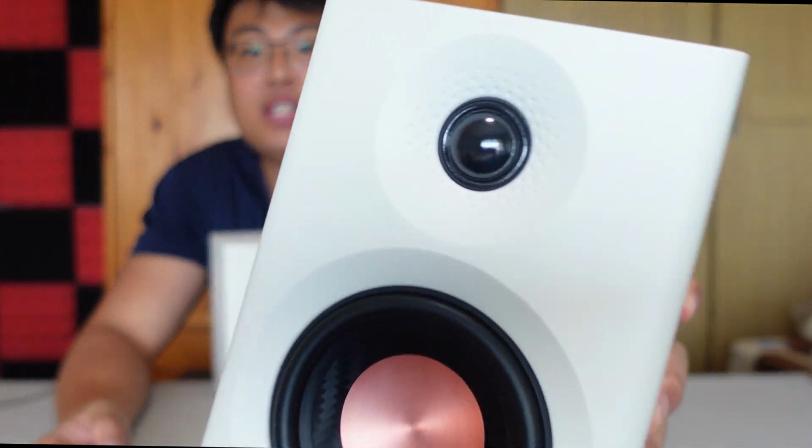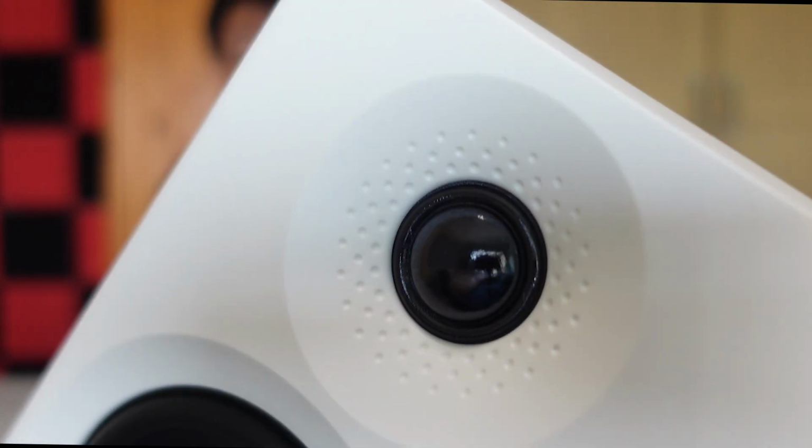So yeah, you will really produce awesome sounding audio, like if you are listening to classical music or flat bass kind of music. This one can really produce exceptional quality, and it's fine-tuned by Edifier. And you can see the way the tweeter is in a dome shape, like I say, is because it gives a flatter and much higher frequency response. So probably if you are working on certain music production, or video editing,